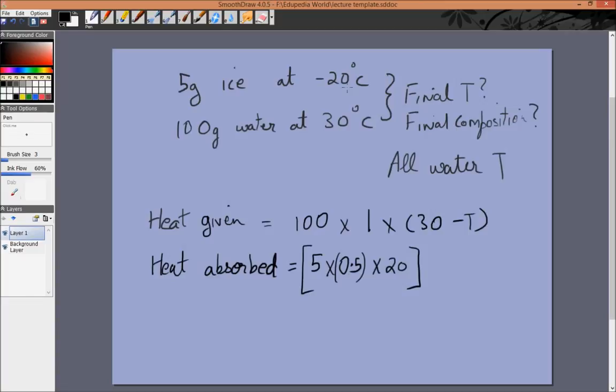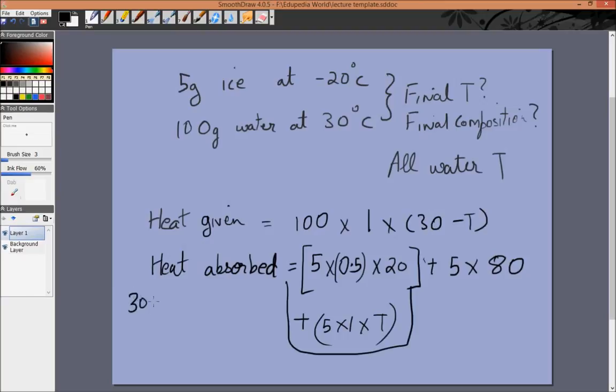Now we need ice at 0 to water at 0. So now we need the latent heat plus 5 grams times the latent heat of fusion of water, which is 80 calories per gram. Plus, now this water goes from 0 to T. So 5 into 1 into T. Right. Now these two have to be equal. So what we get is